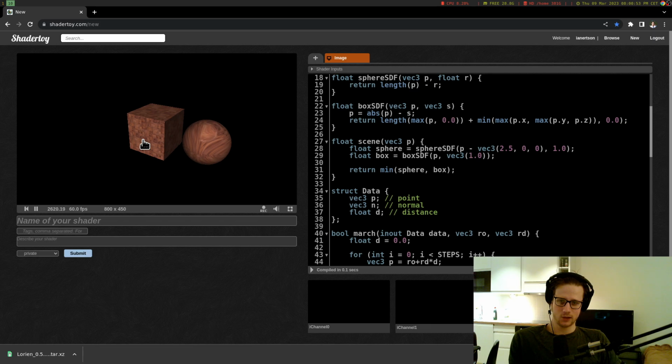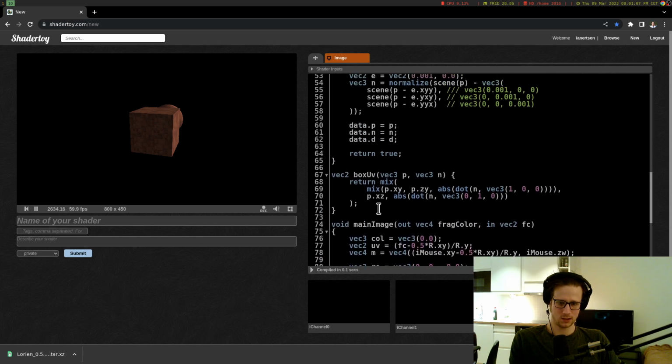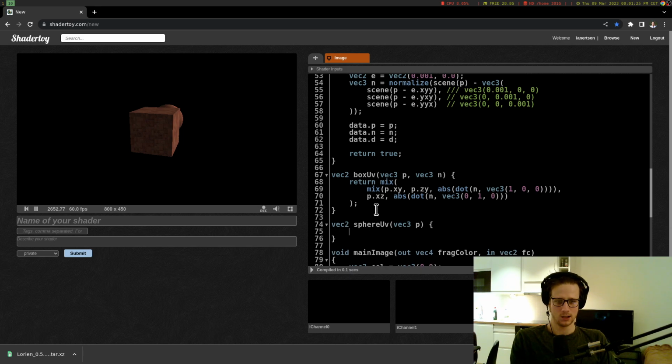And hopefully in the next video, I will show you how to get better UV coordinates for a sphere. It's actually also pretty simple. Actually, why not? Let's just do it now. So we can do vec2 sphere UV, and it's going to take in the same thing. So we actually only need the point, I think,